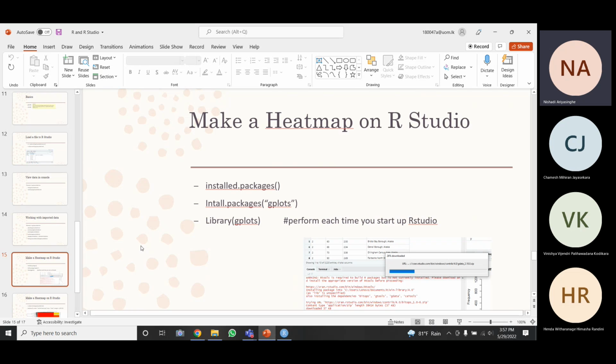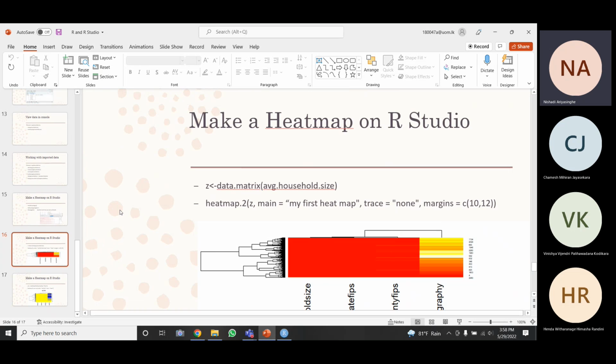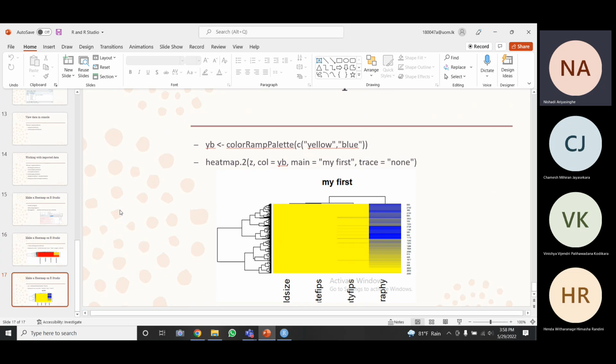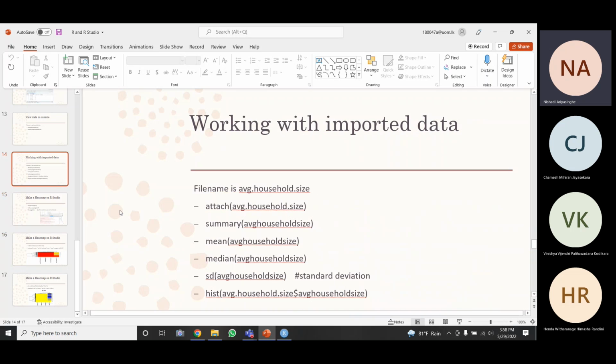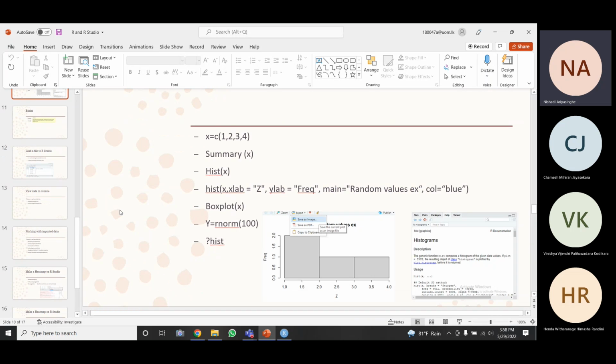So the first and second questions are related to R and RStudio, right? So you can go through this handout and try this. However, I'm going to explain all of these functions and how to work with the data and analyze it next week.